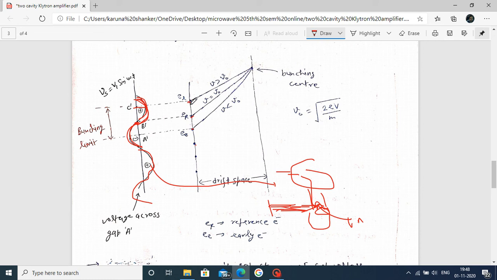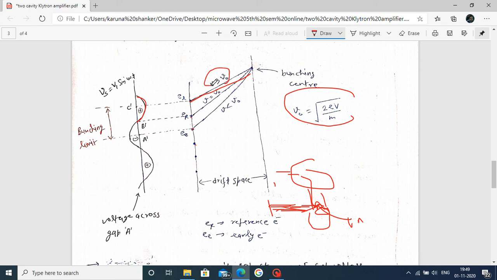Now to observe, we consider that one of the electrons appears across the positive half cycle. This is your positive half cycle. Now the electron appears for those electrons which appear in the positive half cycle. Let's consider this electron. Now this electron's velocity changes. How does it change? This electron's velocity increases. How much does it increase? We consider V is equal to V naught. V naught is the velocity; only observe this one, the electron which appears across this positive gap voltage, its velocity increases.